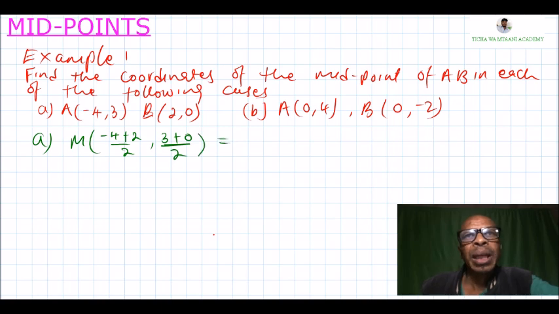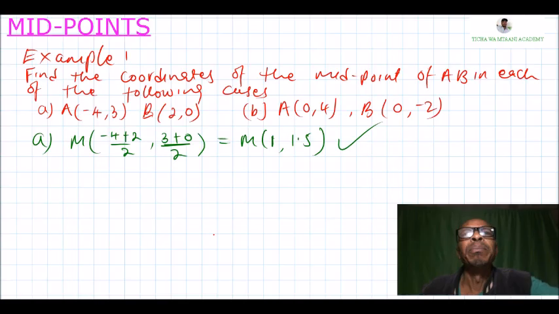Minus 4 plus 2 is 2, 2 divided by 2 is 1. Then we have 3 plus 0 is 3, divided by 2, you get 1.5. So that is the midpoint of part A. Part B,